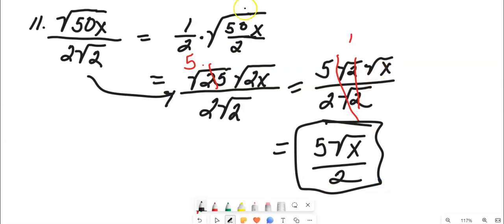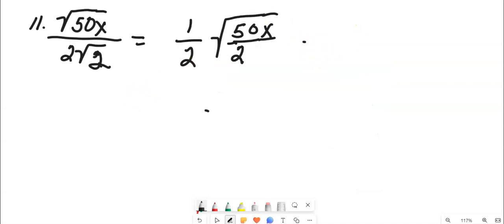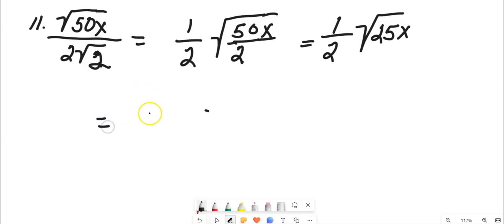So I'll show you how this looks if we use this method. So let's start with that. Well, we know that 50 divided by 2 is simply 25. So I'm going to rewrite this as 1/2 times the square root of 25x. Now, when we evaluate that, that becomes 1/2 times, and then we have 5 comes out, but the x remains in there,